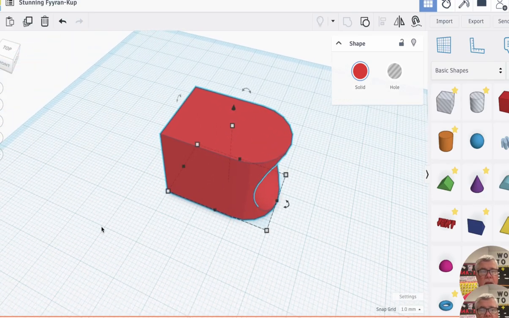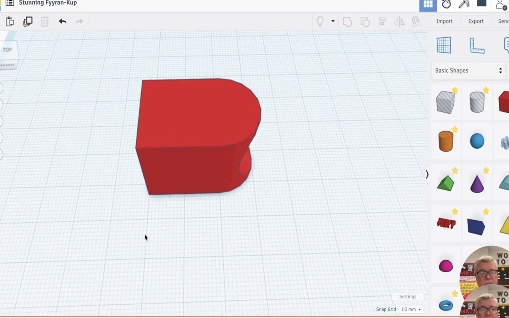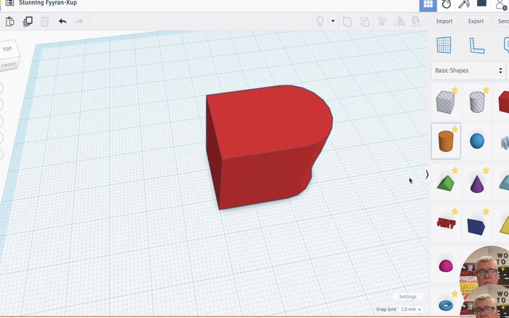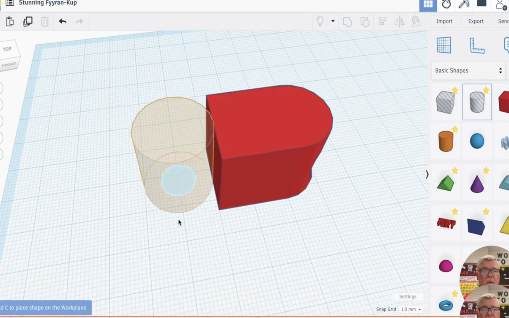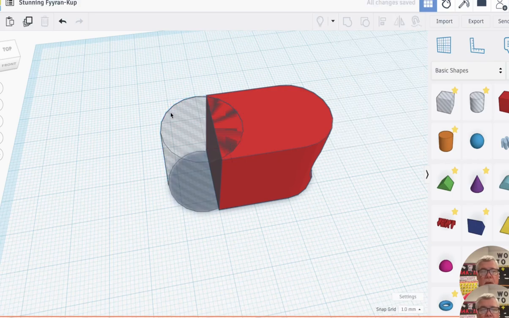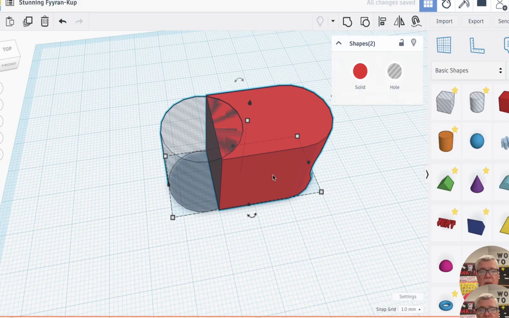Like, let's say that over here on this edge of my object, I wanted to have a curve. So I can actually grab these two hole shapes that are already colored, and I can drag one of these out, and I can put it right into the edge here, and then I'm going to select both objects, and then I'm going to group them,